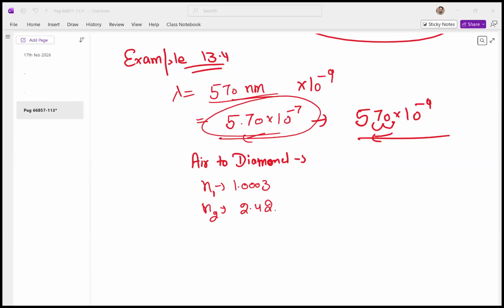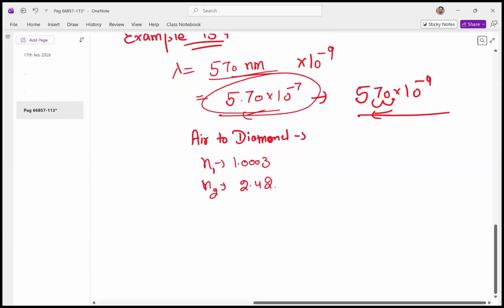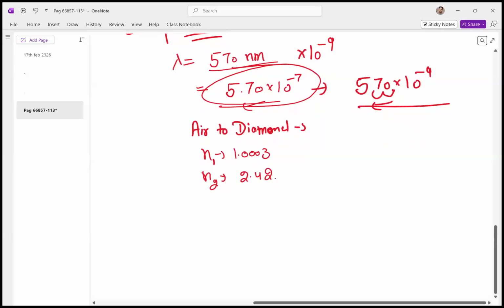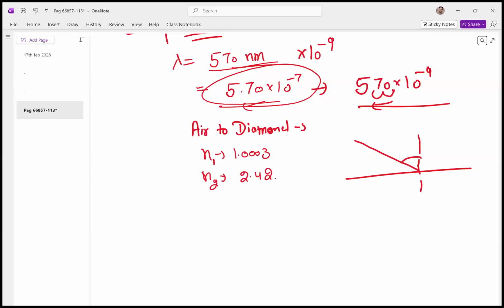The angle is 30 degrees. So I mean the speed of light travels into the diamond at an angle of 30. So angle of incidence, always make the diagram for these kind of questions. This is a 30-degree angle. So